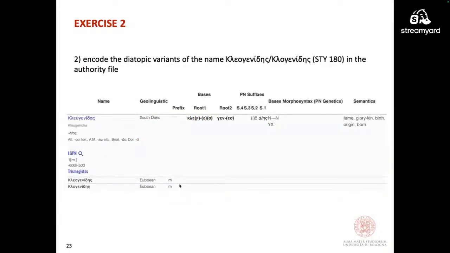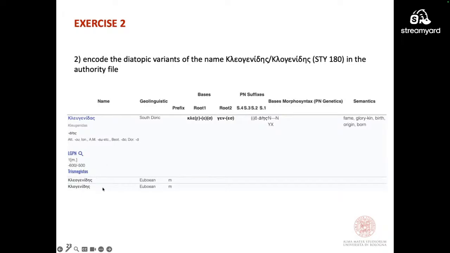And the other exercise is about encoding diatopic variants. In this case, for the name Cleogenidas. On the tablets, we find Cleogenides and the variant Clogenides. So basically here in the LGPN link, we have as lemma this South Doric form.